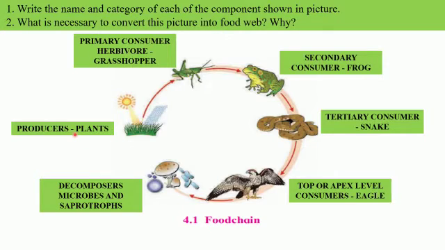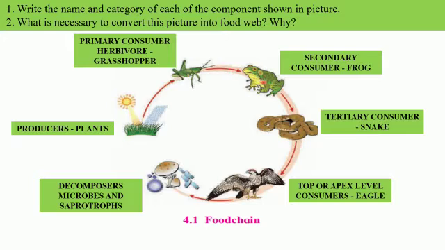They are the ones which prepare their carbohydrate food in presence of sunlight. So plants are called producers because they can prepare their own carbohydrate food through photosynthesis, or we can even call them autotrophs. These plants in turn are eaten up by a grasshopper, which is a herbivore and a primary consumer. So a grasshopper here represents the primary consumer.